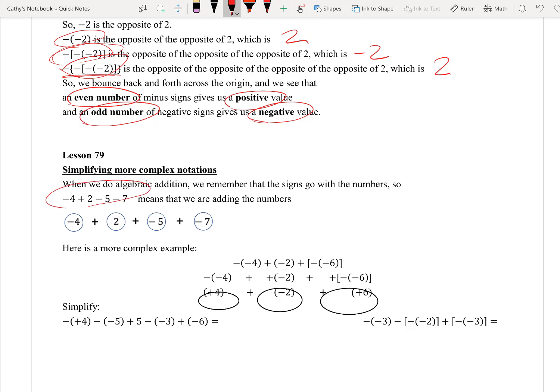So in this problem right here, you've got negative 4, that's your first number, plus positive 2, that's your second number, plus negative 5, third number, plus negative 7. All right, and remember when we did this before, we just grouped the positive numbers together. Well, there's just one, that's 2. And then we just grouped the negative numbers together